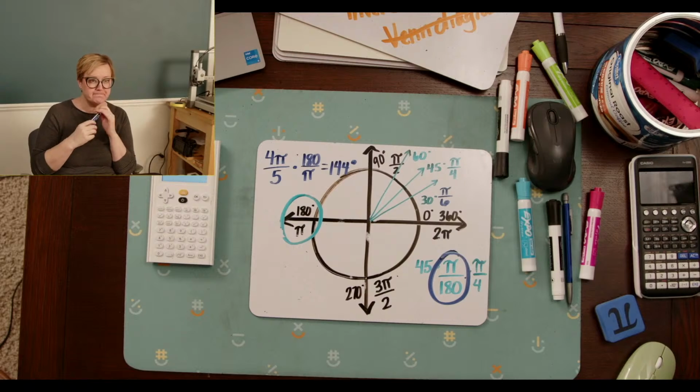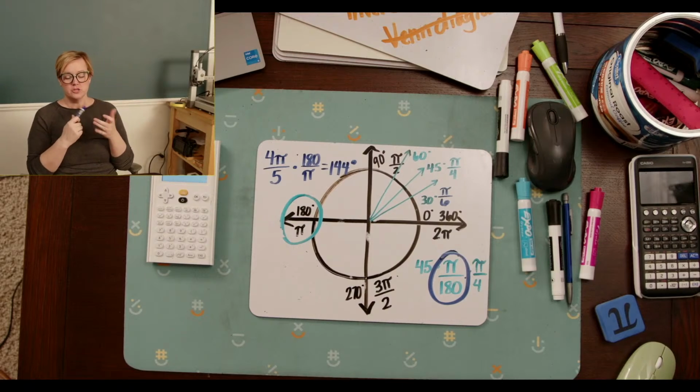Annalise? So if you know the special right triangles, yeah, that gets into like the,